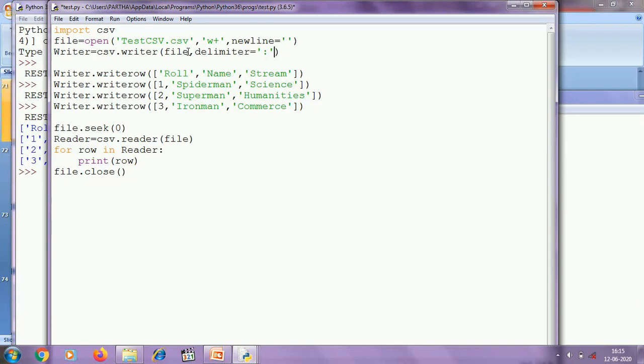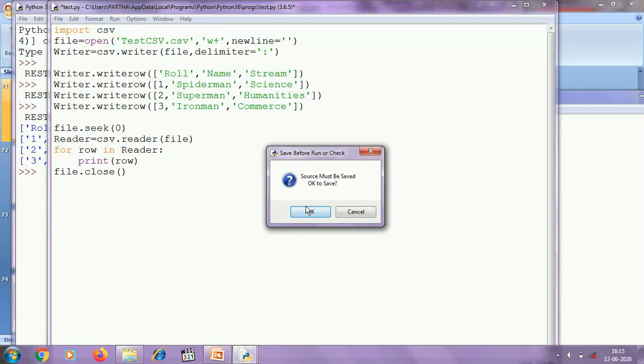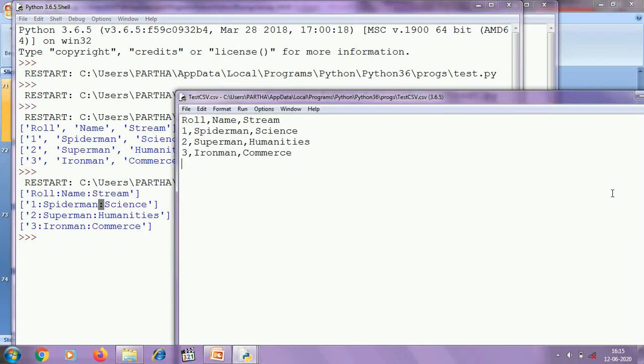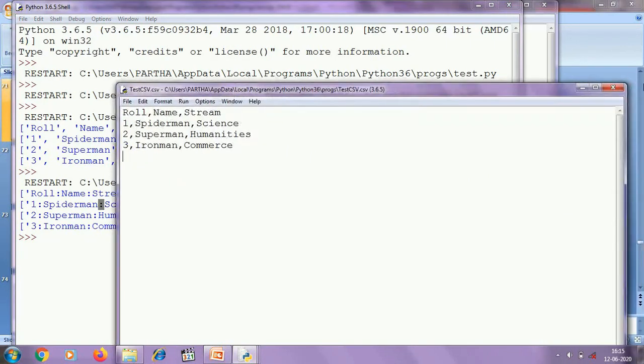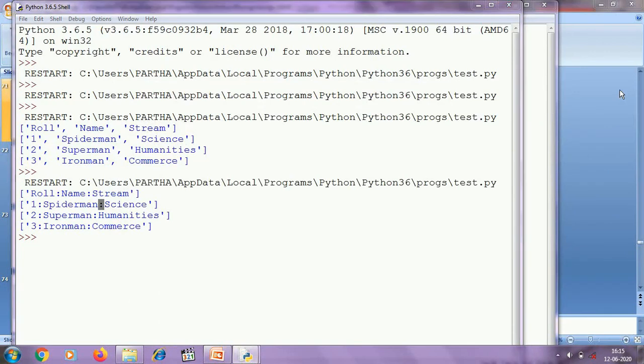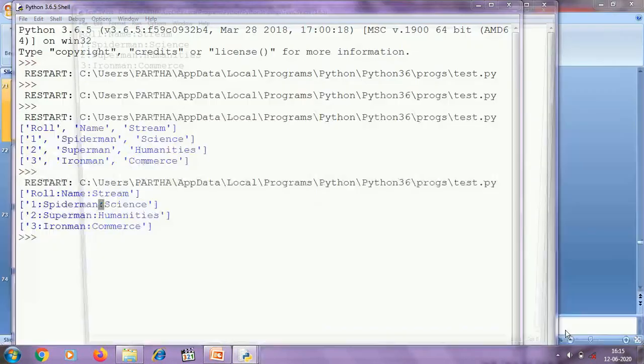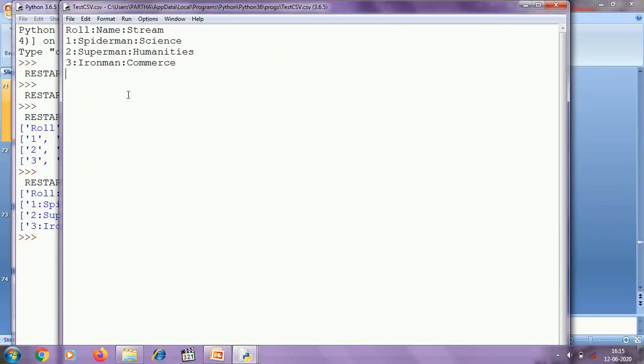For example, in this case I have written colon as delimiter. Now again I am running the program, and you can see here colons are used as separator or delimiter. You can check the file also. This is the previous one. Now I am opening the fresh file. You can see now colon is used as separator.